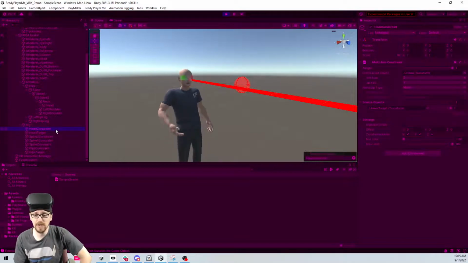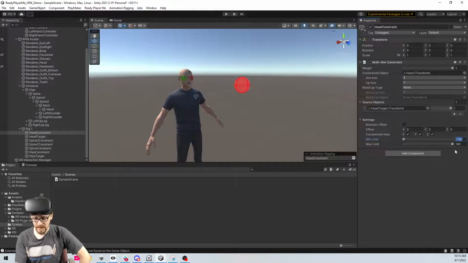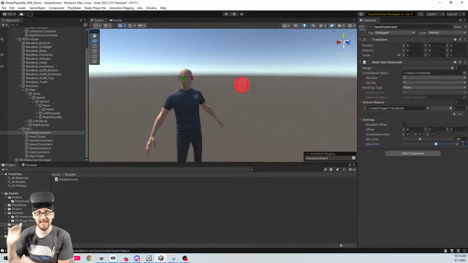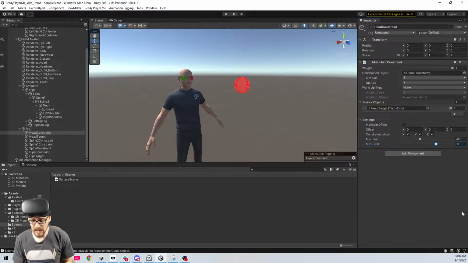But you can also do your head constraint, and you can limit your head constraint to something. I can't remember what I've done. I can just look at the project. I sure did not, I have no constraints. Oh, that's not my head. Head constraint. Yeah, I did minus 60, so I'll just put that. But because I put a constraint on my hips, I don't think we'll ever actually get close to these head constraints because the hips kind of control everything. The hips would really snap all the way around the other side, so your head should never really spin all the way around. All right, so that's just the upper body.